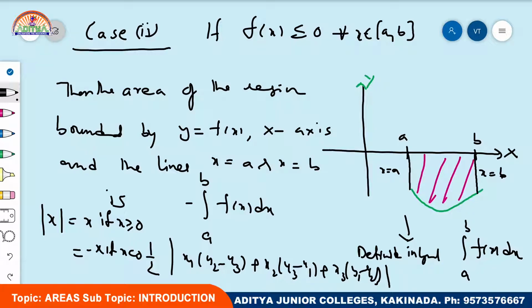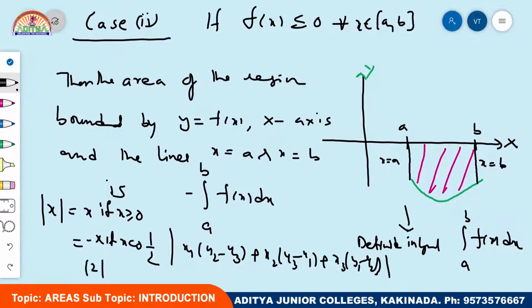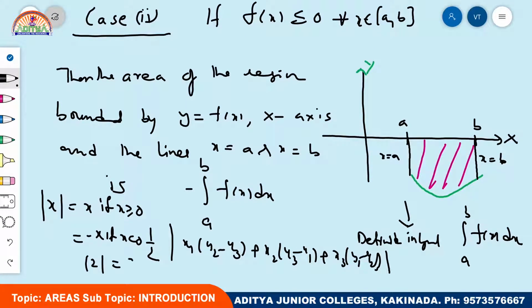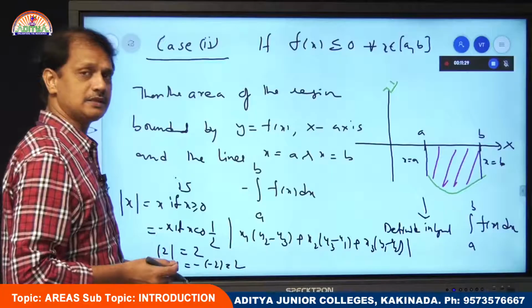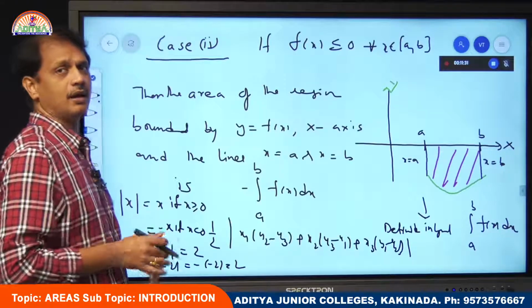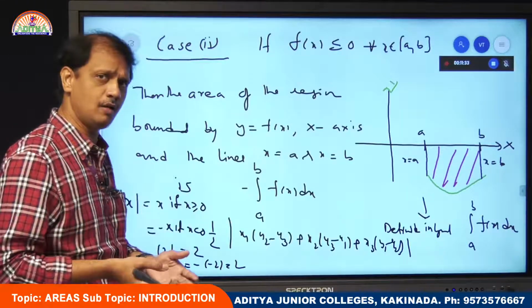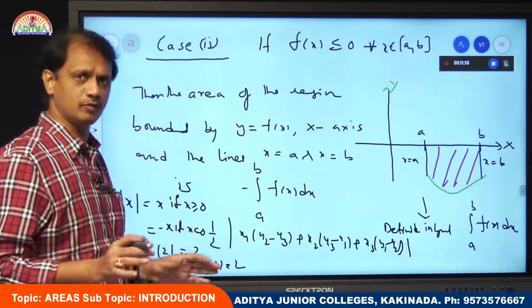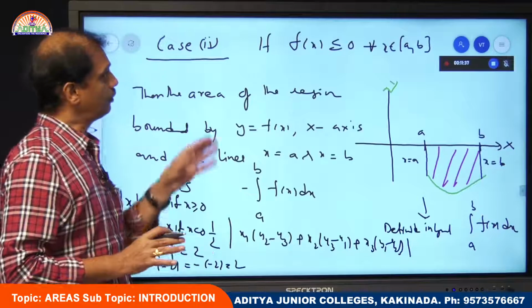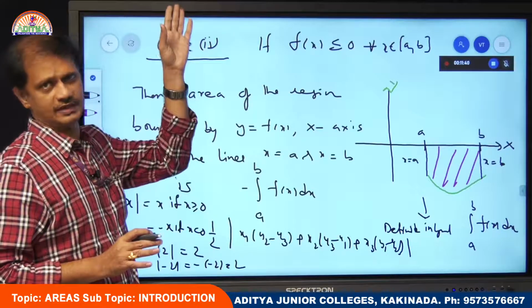For this one, I am giving an example for you. Suppose if anybody asks what is modulus of 2, it is 2 directly. Suppose if anybody asks modulus of minus 2, since it is a negative quantity, what you have to do? You have to add minus sign for that one. Minus of minus becomes plus 2. That means whenever you are applying modulus on a function or a variable, what we are going to get is a non-negative quantity. Now, if you know f of x is positive, you can use the case 1 formula.